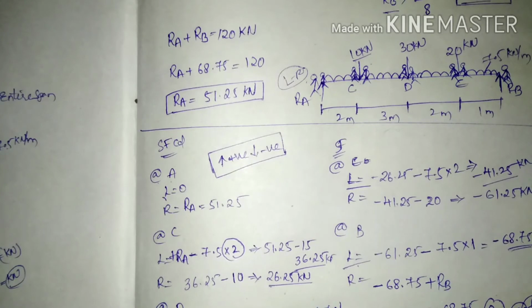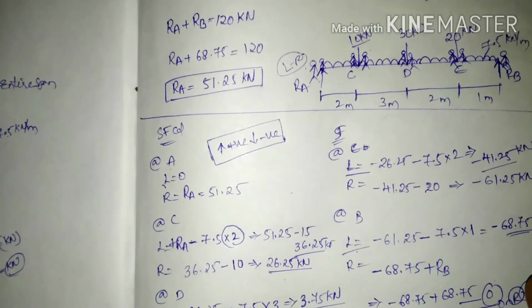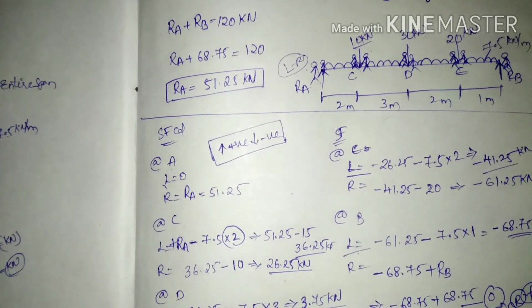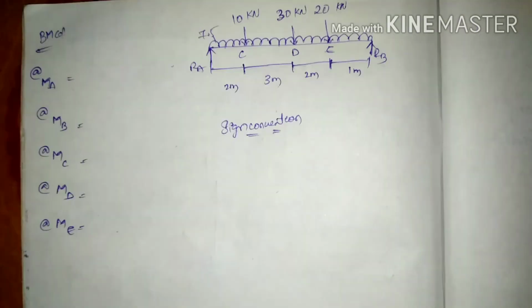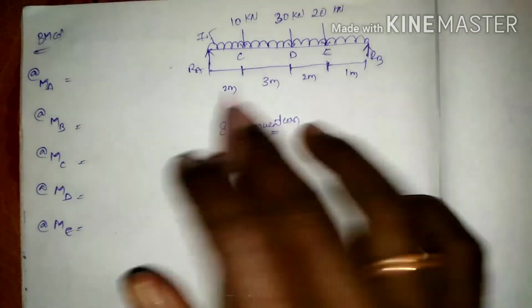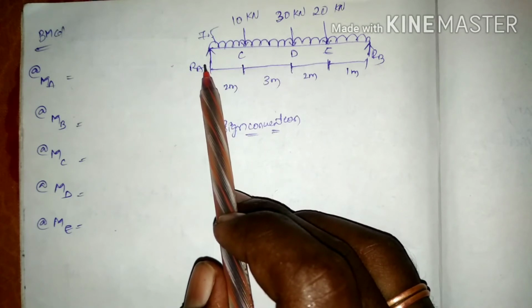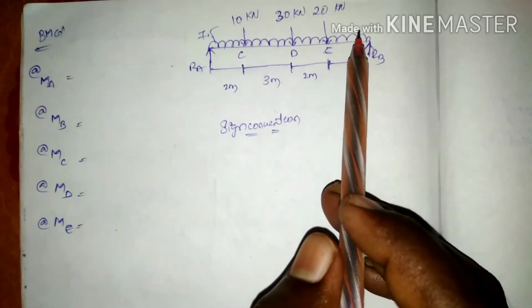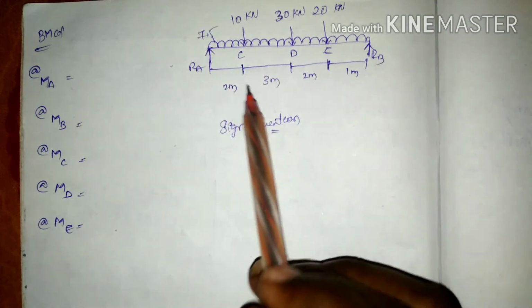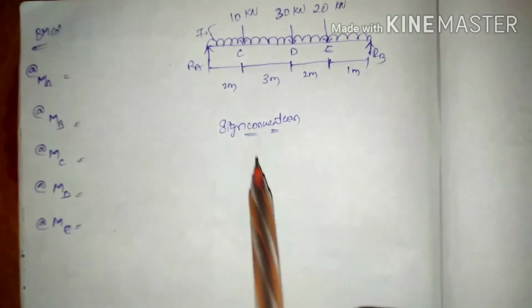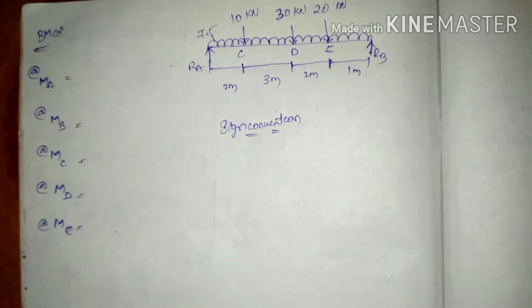Next, from these values of shear force we are going to draw the shear force diagram, and we need to do the bending moment calculations for the bending moment diagram. Here we go to a diagram. In the diagram we are having RA and RB. This is also going to be called moment about A and moment about B in the bending moment calculations.